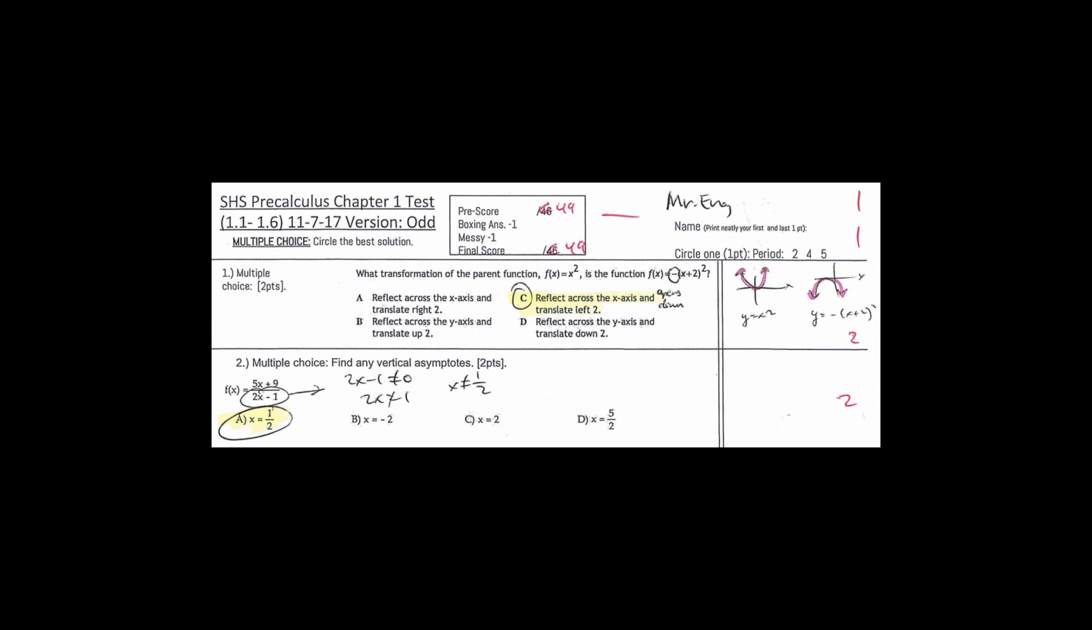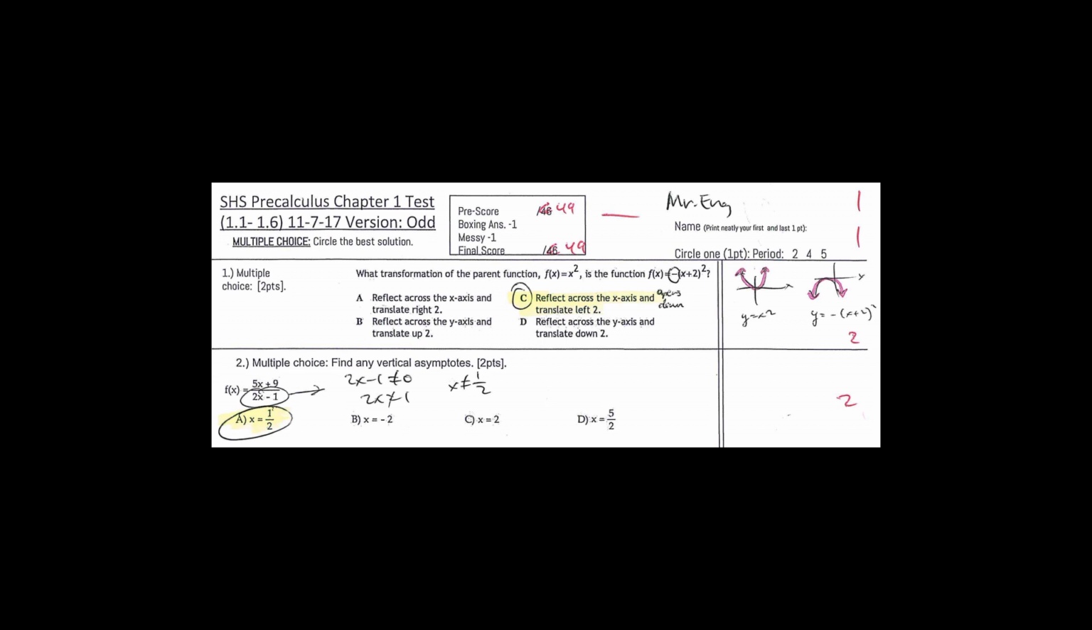Okay, so this is pre-calculus, regular pre-calculus, chapter 1 test corrections. So this is the front side. I'm only going to be doing MCQ. So the first problem is, what transformation of the parent function f equals x squared is the function